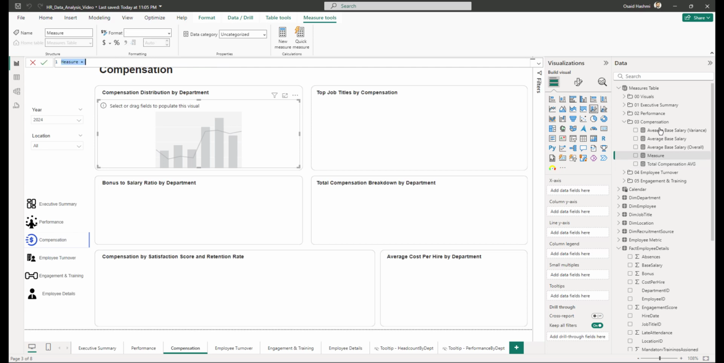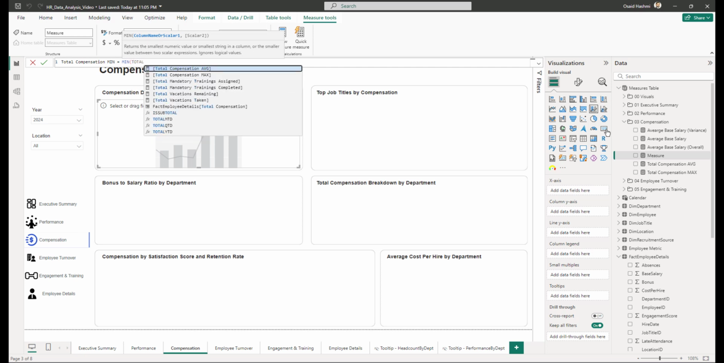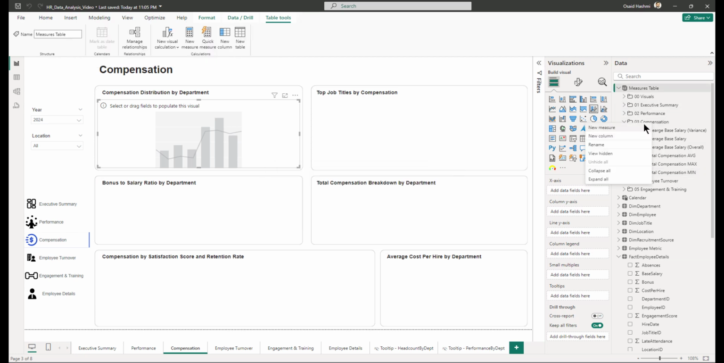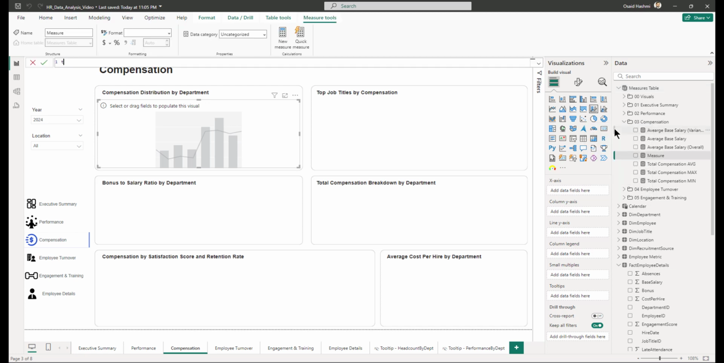new measure, total compensation maximum of total compensation, total compensation minimum of total compensation, then the median, right click, new measure, total compensation median,